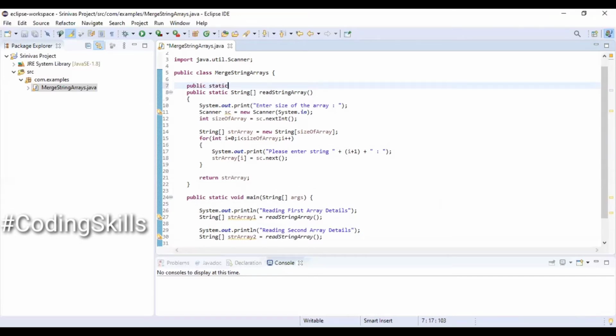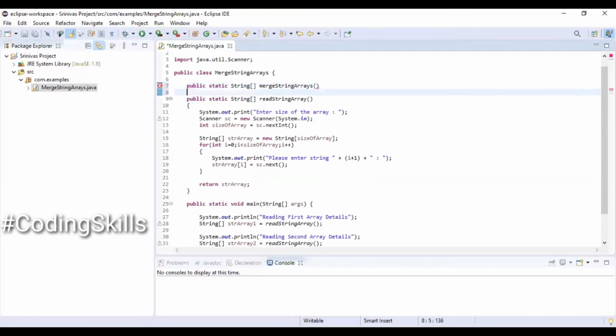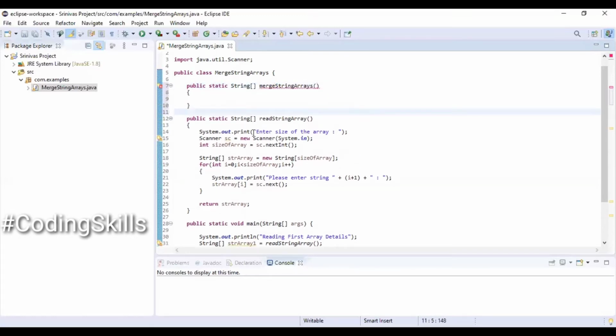Creating one more method, public static, and this method returns a string array, and the name of the method is mergeStringArrays. Returning null.